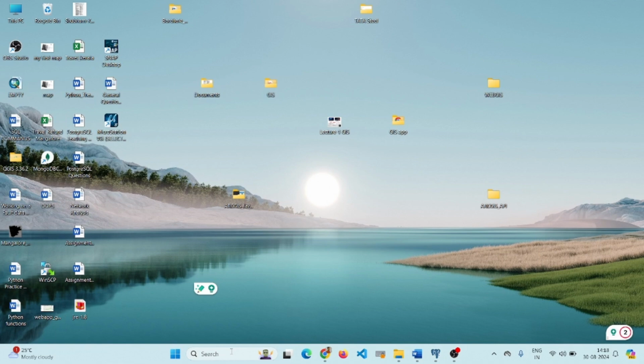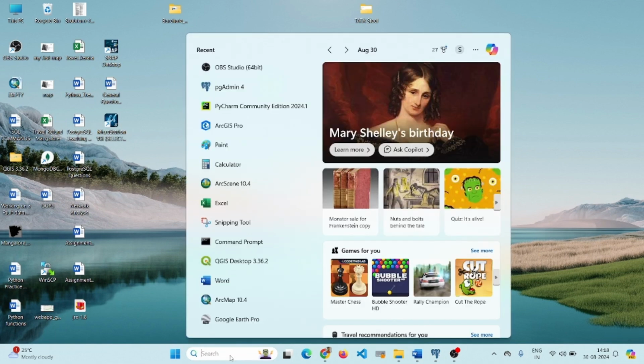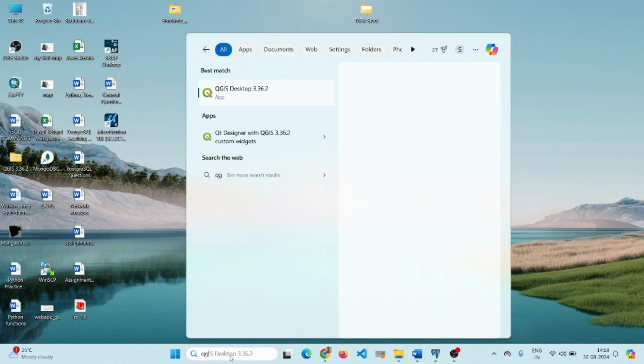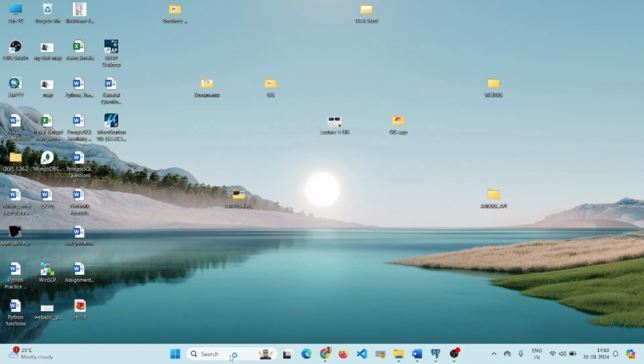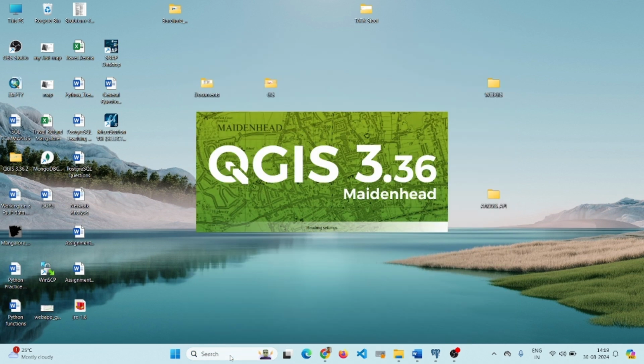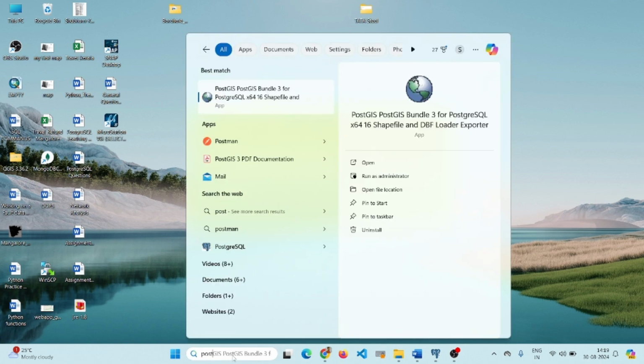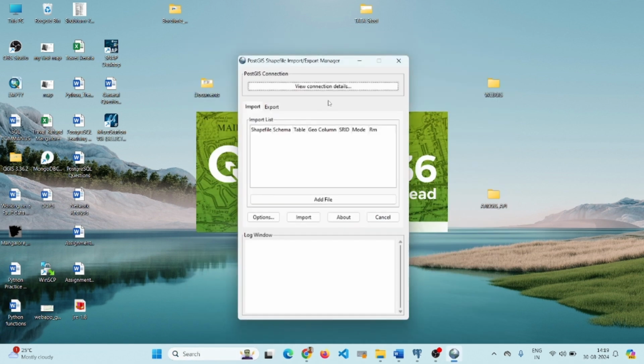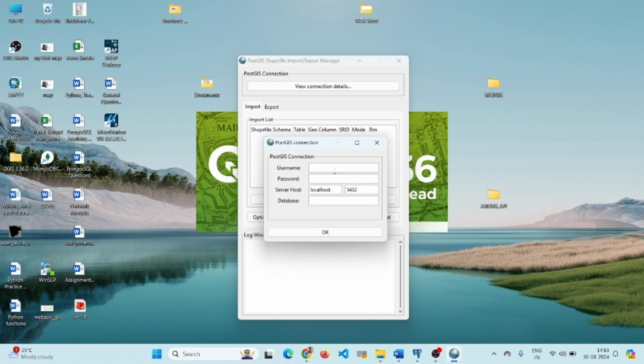So you can directly export it also, and you can use the PostGIS bundle. So let's go to QGIS and let's see how we can call the data. Data can be called also, it can be exported using the PostGIS. To go to PostGIS bundle, you have to first do the connection here